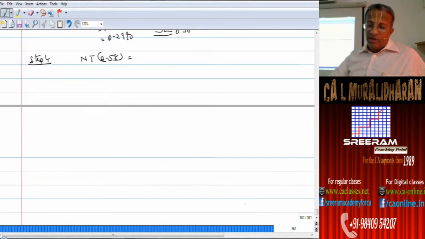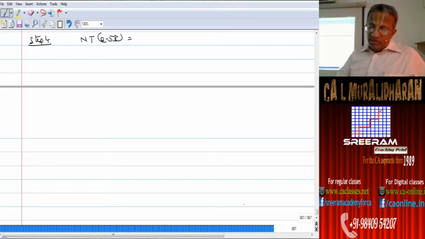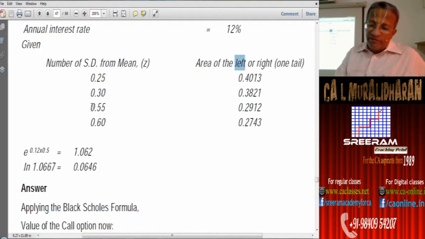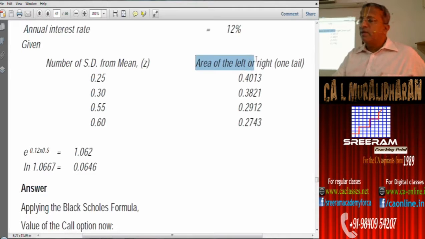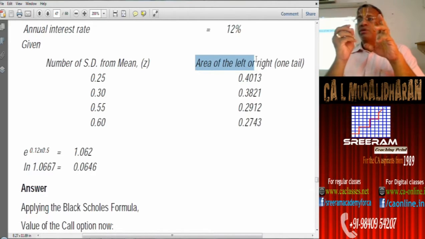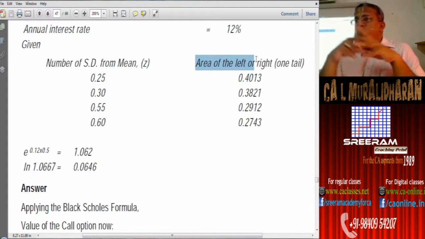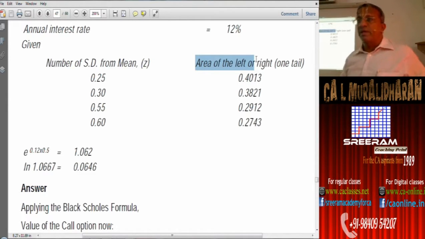So 0.58, how do we arrive at? We have in the problem given for 0.58, 0.55 they are given, 0.60 they are given. This is not a normal table value. This itself is the area of the left or right one tile, single tile. Always remember that normal table value should be added to 0.5 or to be deducted from 0.5. So the added value or reduced value, when you are just making the final numbers, would represent the area.